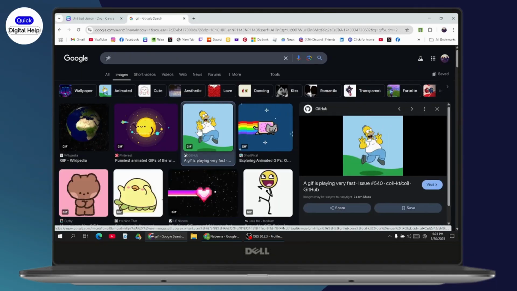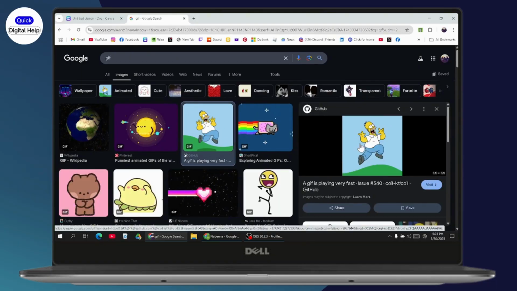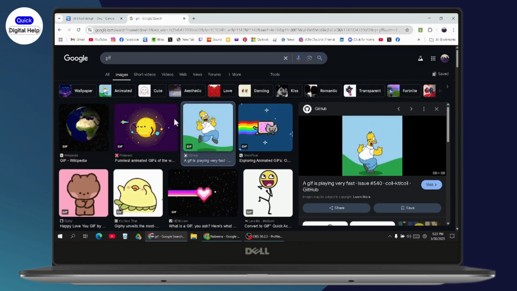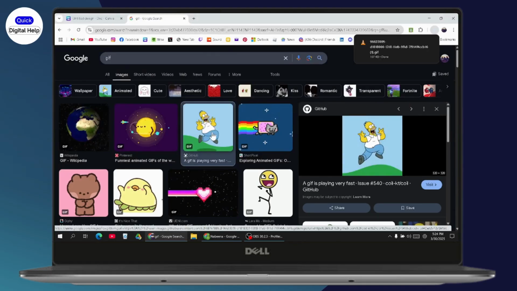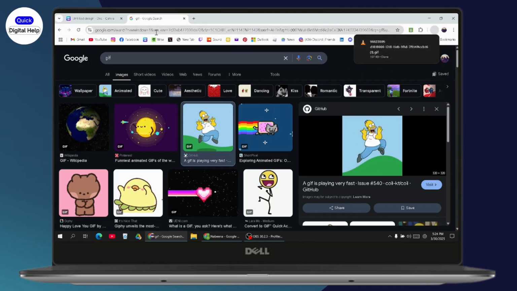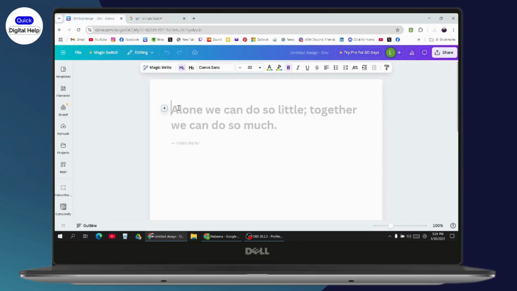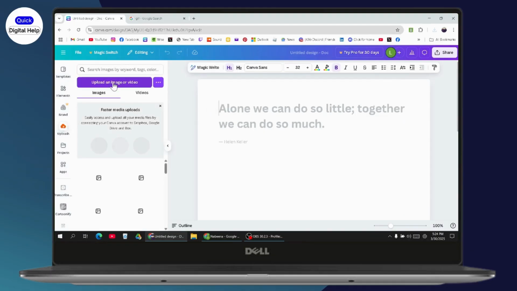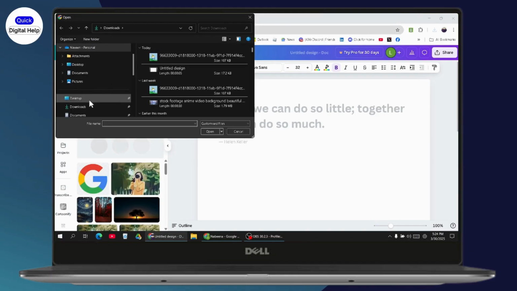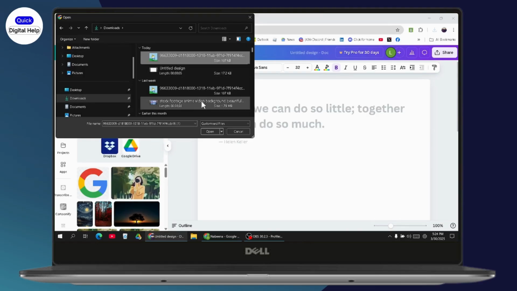So once you've selected the GIF that you would like to add, you need to just right click on it, go with save image as, and here make sure that you've saved as GIF file and then go with save. And once the file has been saved, you need to go back to your Canva, and here you need to go with uploads, go with upload an image or video, and select the GIF that you've just downloaded, go with